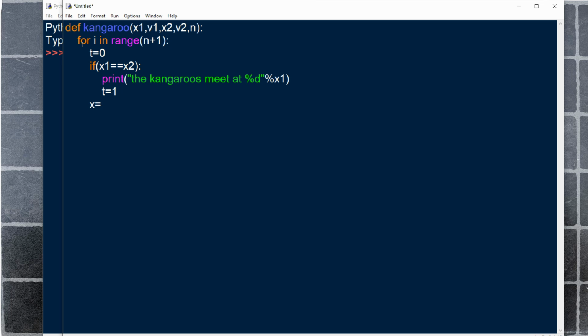Okay, so now we need to add the position with the jump distance of kangaroo 1 and also for kangaroo 2. So the first time, kangaroo 1 is at its position and has the power to jump a distance of 2 meters, so we need to add both numbers. 1 plus 2 is 3, and in the next iteration it starts from the third step.